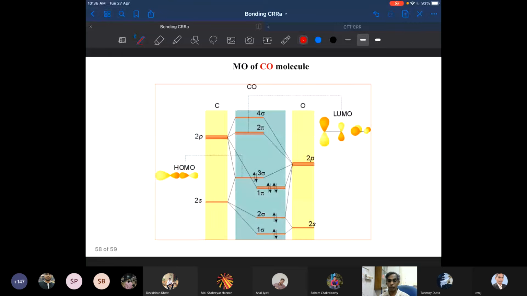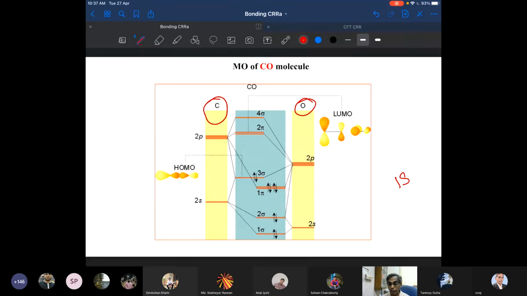Now we see here the only example that you will be studying, carbon monoxide. Okay? A little complex diagram. Again, I have omitted the 1s orbital part and started with the 2s. Don't get confused. The diagram is drawn a little differently because this is a heteronuclear diatomic. Here I have your carbon. This corresponds to your carbon, and this corresponds to your oxygen. Right?